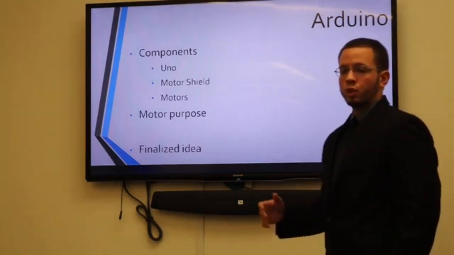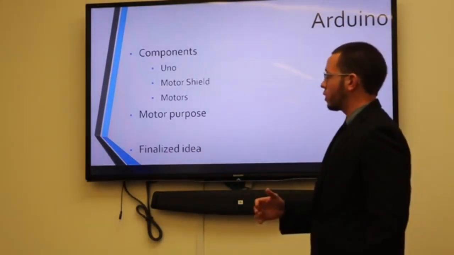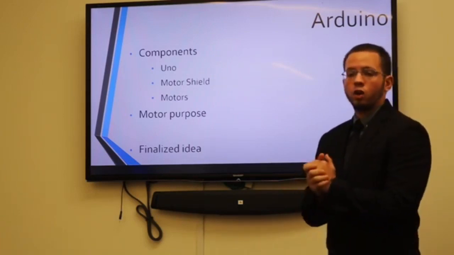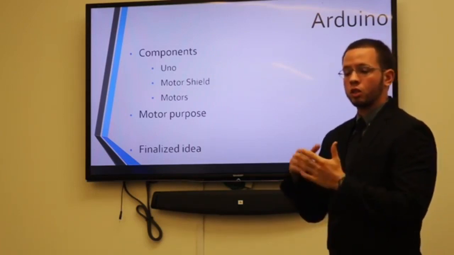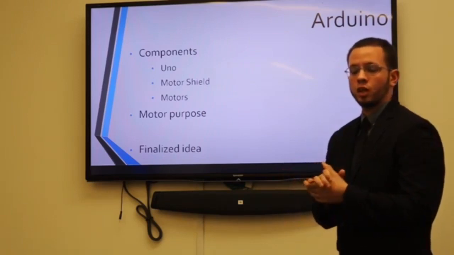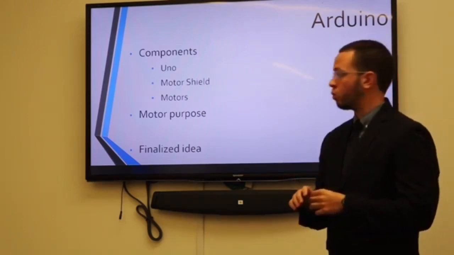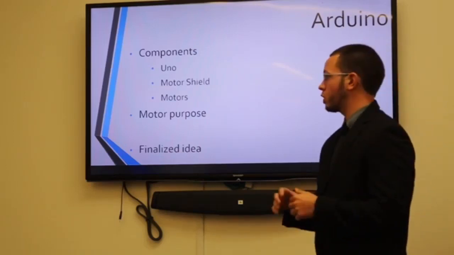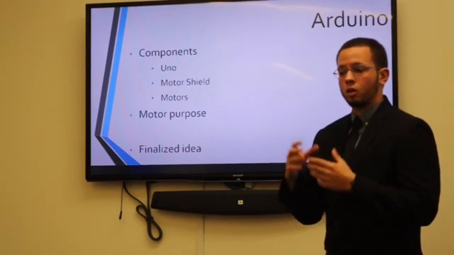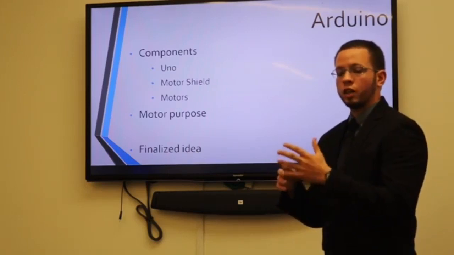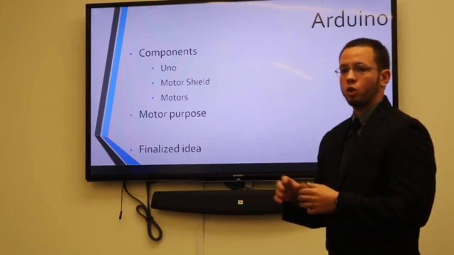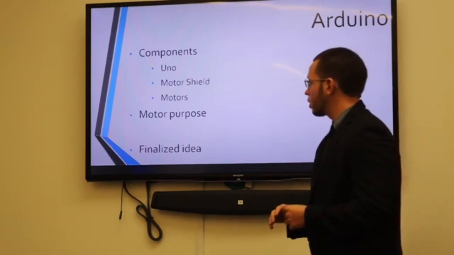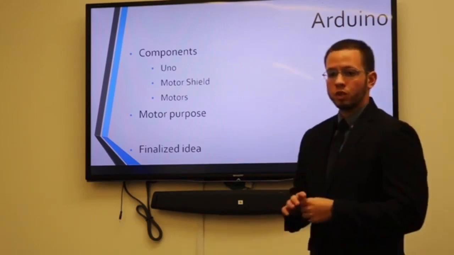For this project, we will be using Arduino. Specifically, we will be using an Arduino Uno. An Arduino Uno allows us to implement code into a specific integrated circuit that's on the actual board. We will also be utilizing a motor shield. This motor shield will allow motors to run in a bidirectional pattern, so we can move the machine back and forth if need be. Also, we will need motors for this system.